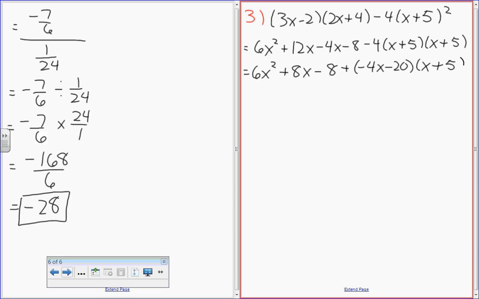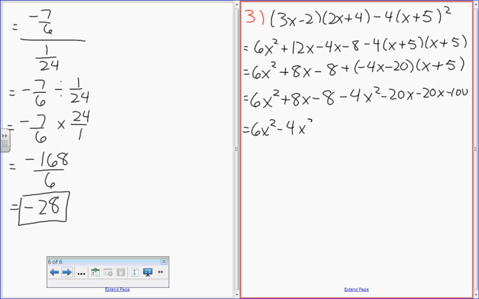One person, I can't remember who it was, I'm going to embarrass you right now. You had a big bracket for the first and a big bracket for the second, and you had a giant FOIL thing you're trying to do. Whenever you multiply something out, brackets are on. So 6x squared plus 8x minus 8 minus 4x squared minus 20x minus 20x minus 100,